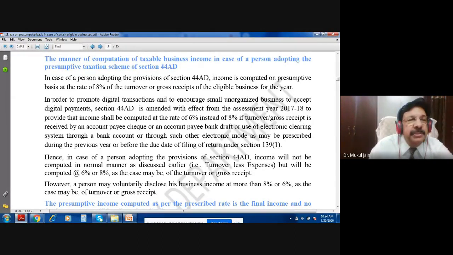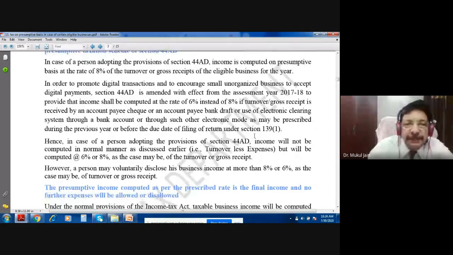फिर देखिए मैंने जो चीज बताई थी आपको, in order to promote digital transactions and to encourage small unorganized business to accept digital payments, Section 44 AD is amended with effect from the assessment year 17-18. मैंने बताया था ना 3 साल पहले आया था ये. To provide that income shall be computed at the rate of 6% instead of 8%, if turnover or gross is received by an account payee cheque or an account payee bank draft or the use of electronic clearing system through a bank account or any such electronic mode. तो है ना कितना सिंपल।